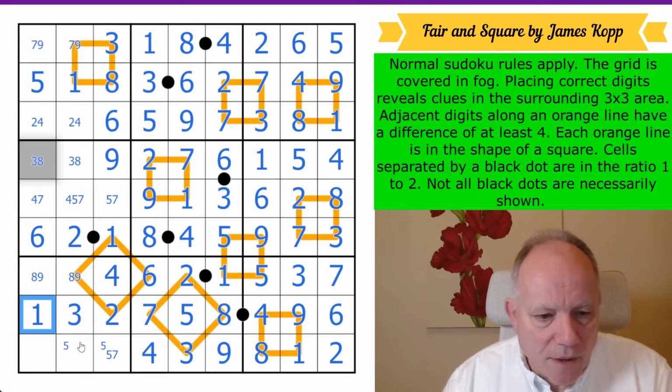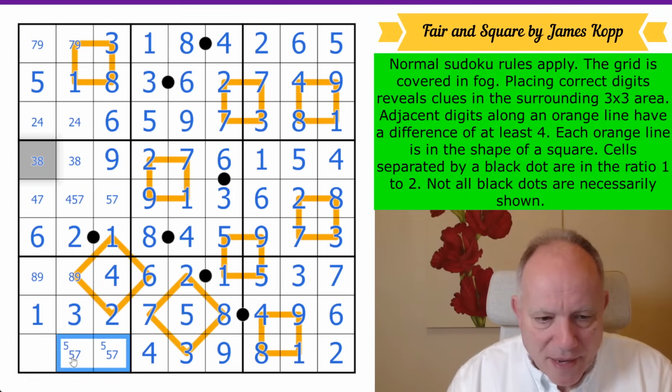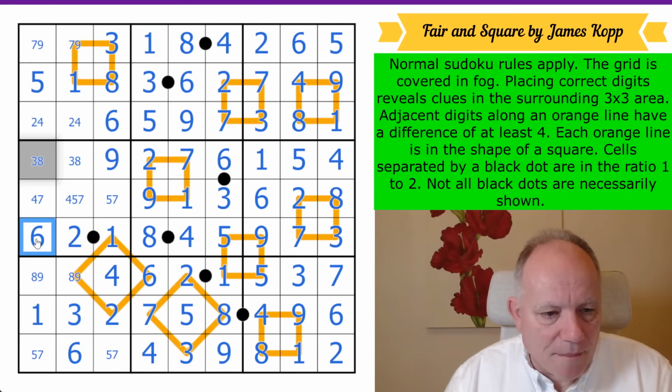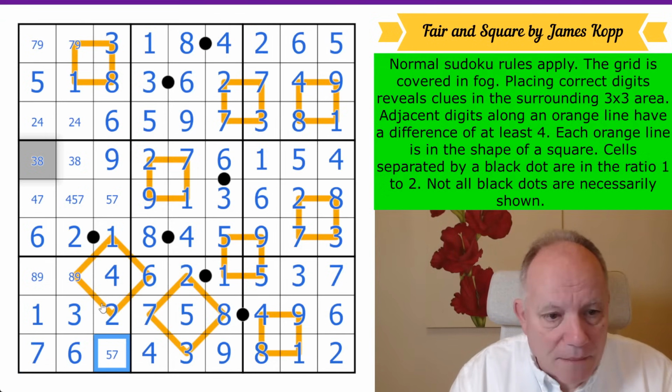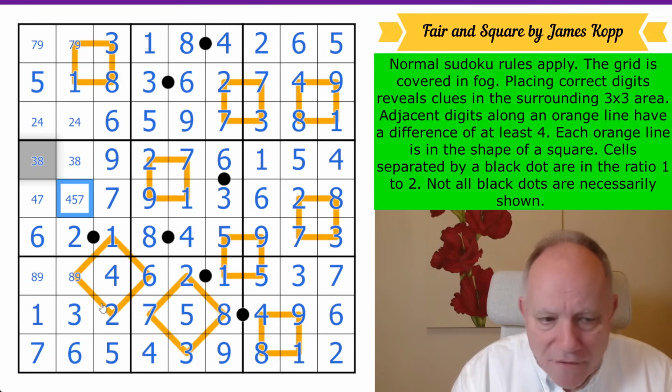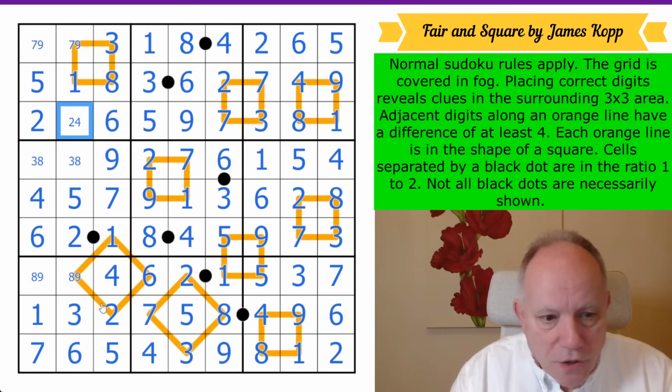There we go. That's clearing some fog. We've got 5-7 pair in those cells. No, we haven't. It was 6 that we've got to put in. There it is. And a 5-7 pair. I was looking at that 6 and thought it meant this was a 6, which is the sort of addled state you get into sometimes. 5, 7, 5, 4, 2, 4,